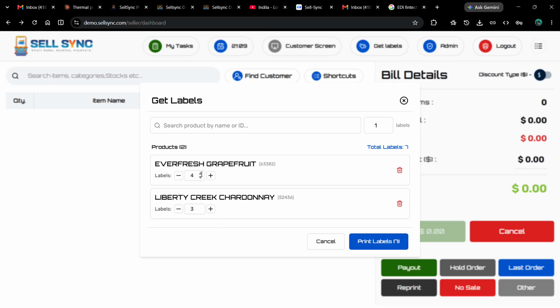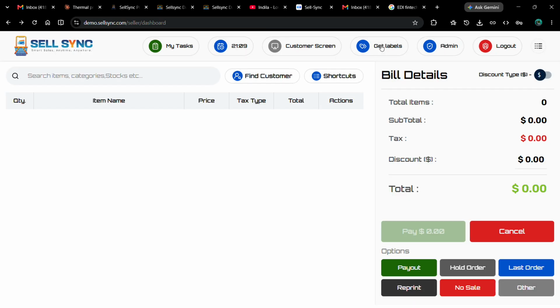And just click on print. Both the products' labels will be printed as per the labels we want. Then we have get labels. Then we have a logout,